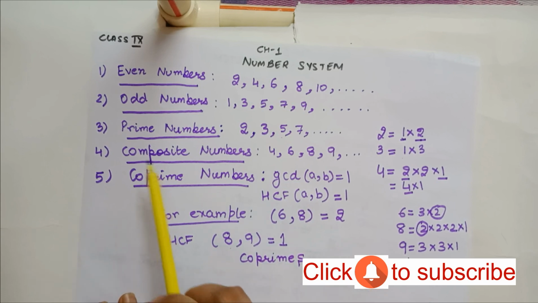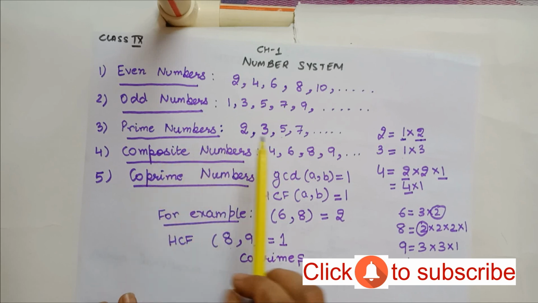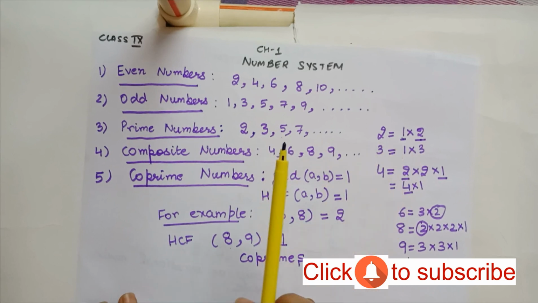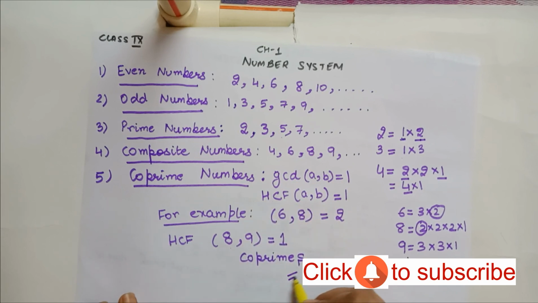So there is a difference between prime numbers and co-prime numbers. Prime numbers have only 2 factors, 1 and itself, while co-prime numbers are those whose HCF is equal to 1. So here I conclude my basic types of